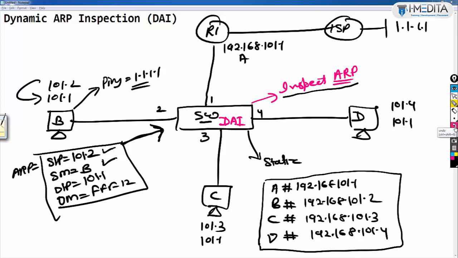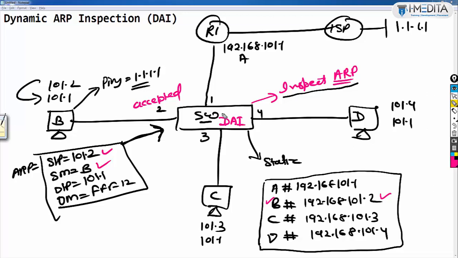For example, B, yes, B found. Then IP 101.2, yes. Both source IP and source MAC match, then the packet will be accepted.